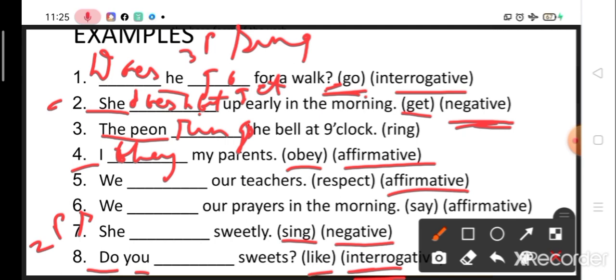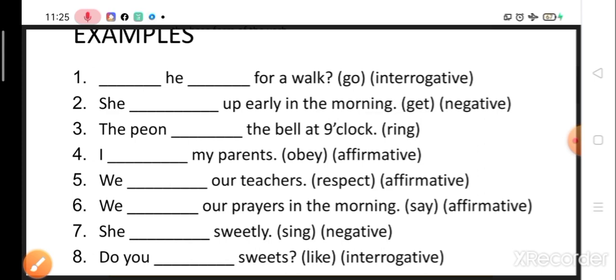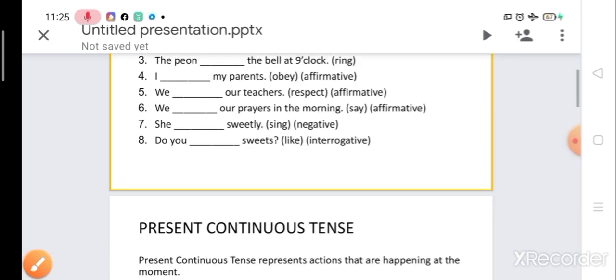So it will be, do you like sweets? Okay, no change in the verb. I hope this is clear with the help of examples. Let us move into the